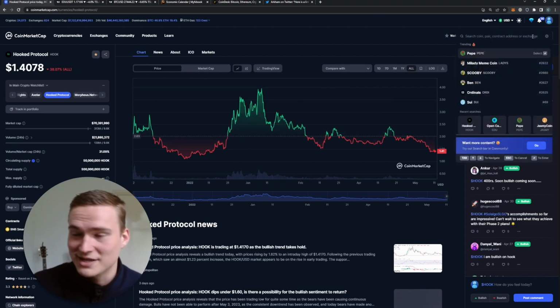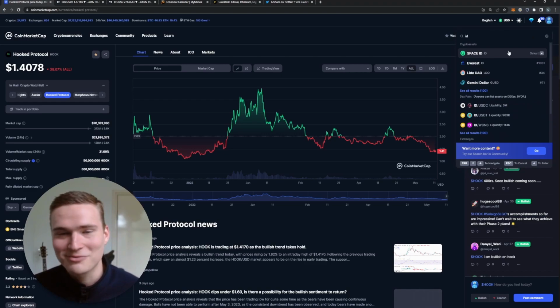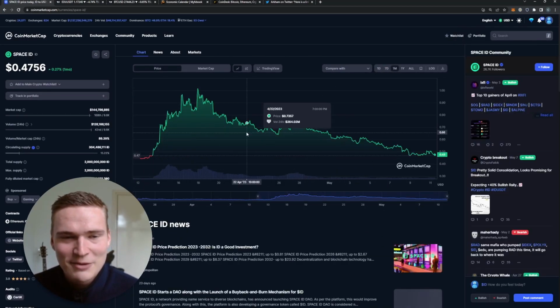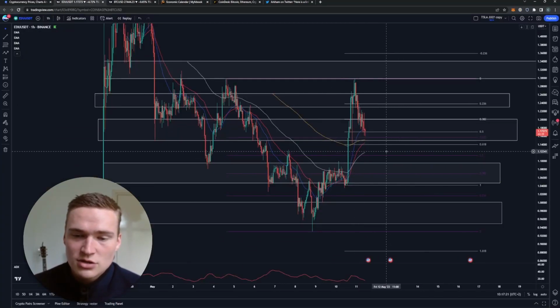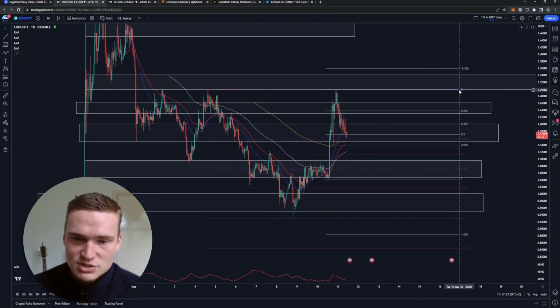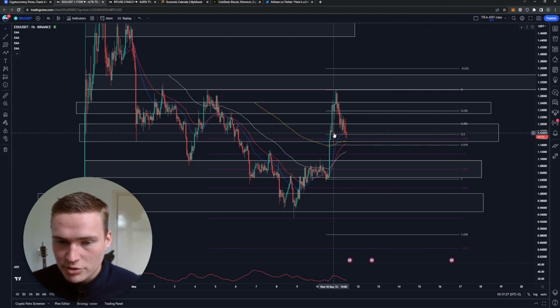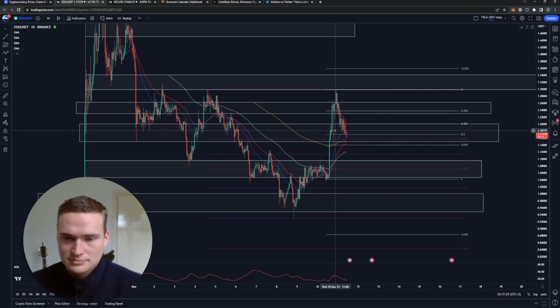And if we take a look at Space ID, most of you know that already. That rallied a lot as well last month. Here you can see. So yeah, I've always said at some point I expect EDU to start rallying. So that's also why we had that buy order yesterday, for example.